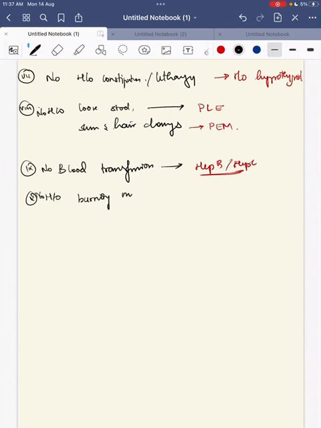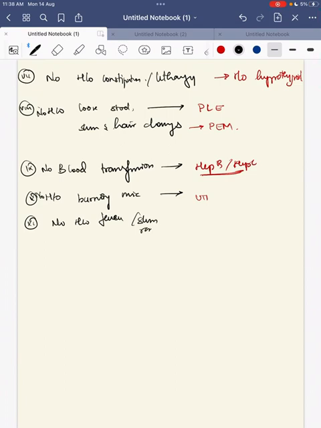And another cause, sorry, I left. No history of burning micturition. Because UTI can also present with facial puffiness and bilateral pedal edema. They can have a short course of AKI and can present with these symptoms. Okay. Next,